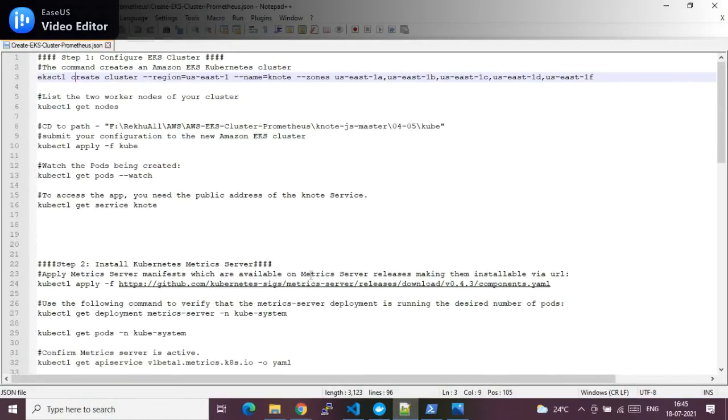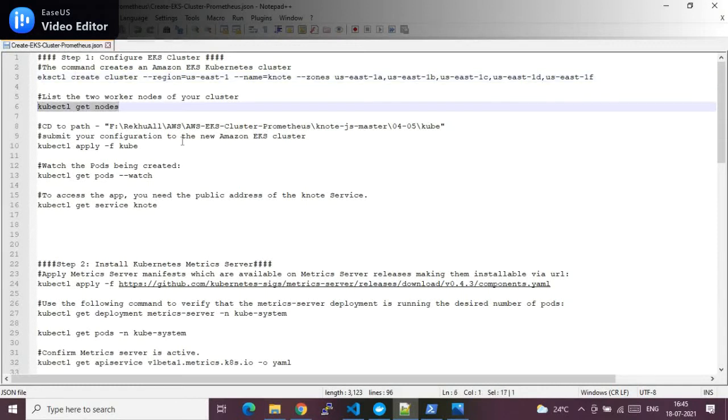Now to this EKS cluster, let me host an example application. So how do I do that? To do that, I need to go ahead and run the next commands. I have already articulated all the required commandlets in this JSON format so that I can save some time in this demo.